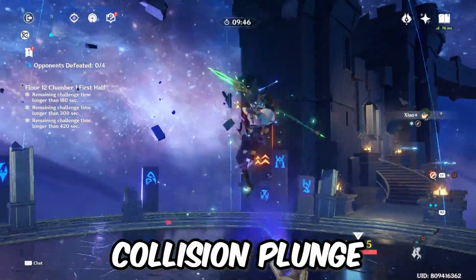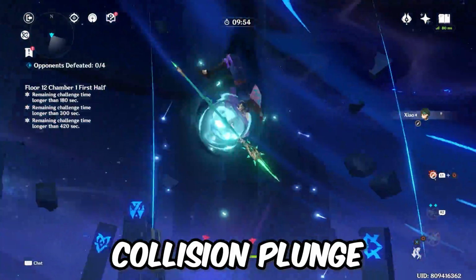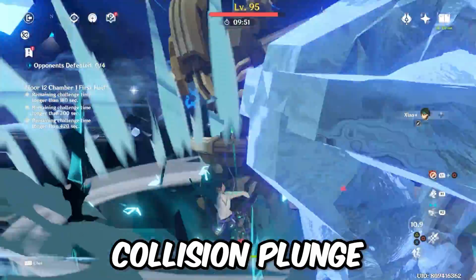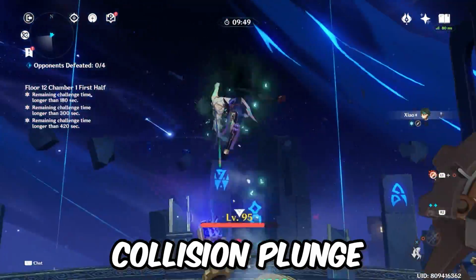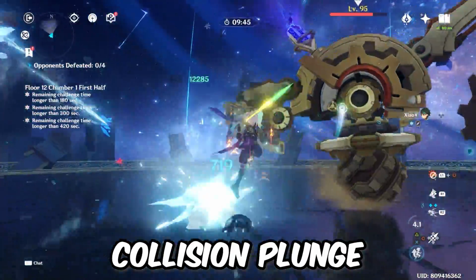Now in order to do this, you just basically try to plunge very close to the enemies, and then that collision plunge number will appear. Now the reason why I say collision plunge isn't as important for you to always focus on is because it sometimes entirely depends on the